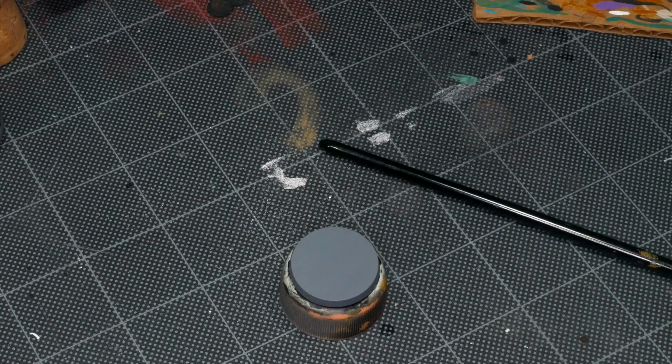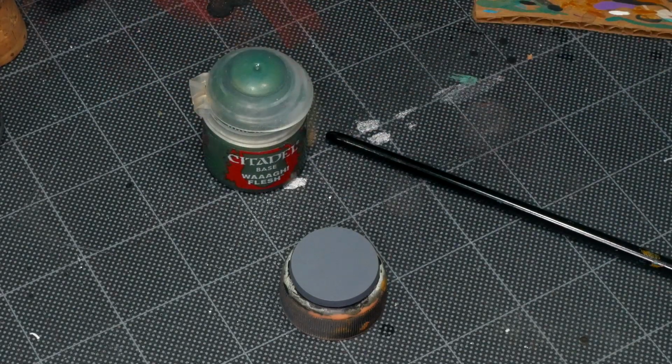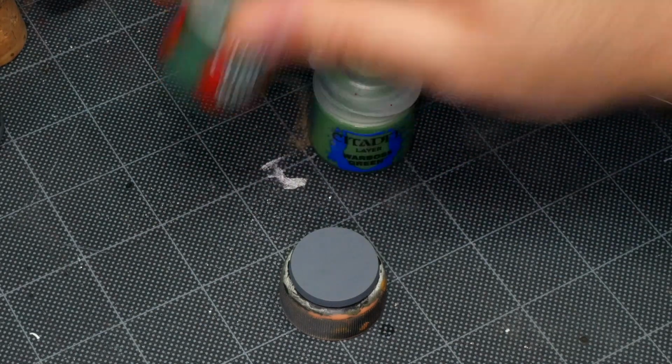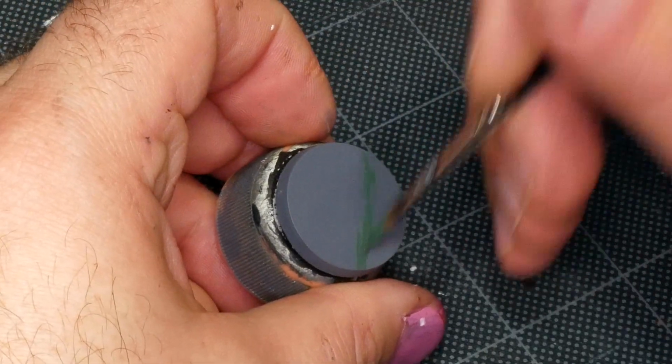I'm going to be showing you how I painted a comic style Blood Bowl pitch directly on a flat base. So this is a base that requires no flock, no glue, no mess, just paints you've already got on hand. I'm going to be using Wogflesh and Warboss Green for the grass part of this base, starting with Wogflesh as